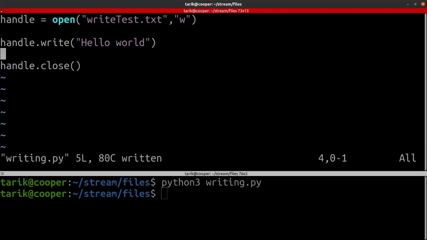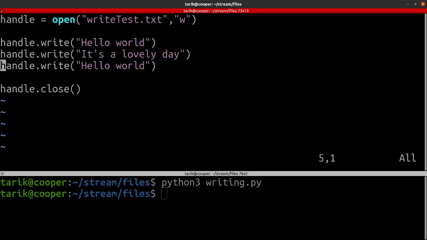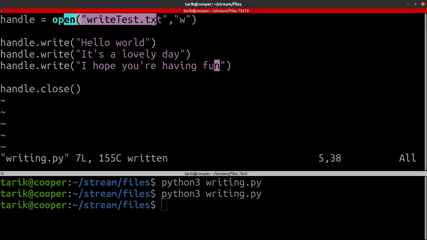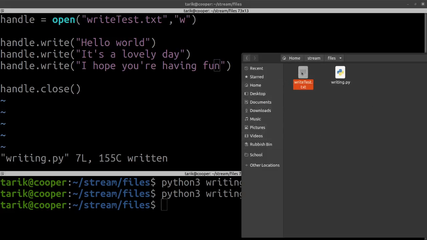I'm just going to change this program slightly. Hello world. It's a lovely day. I hope you're having fun. Okay, let's run that, see what happens. So we've opened the file in write mode, assigned it to the handle. Now we're using the handle to write. We can use whatever variable name we want. I've just used handle because it makes some sense. Now if we open that file,